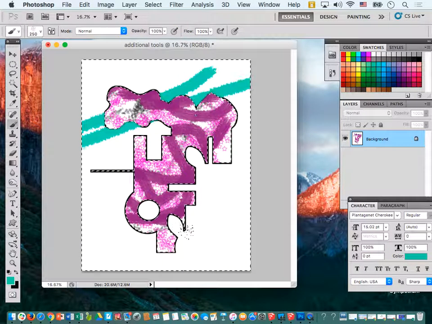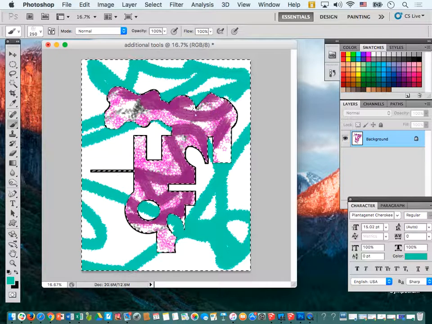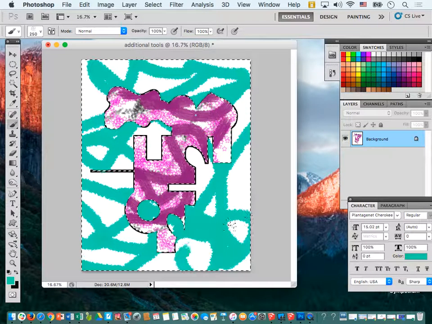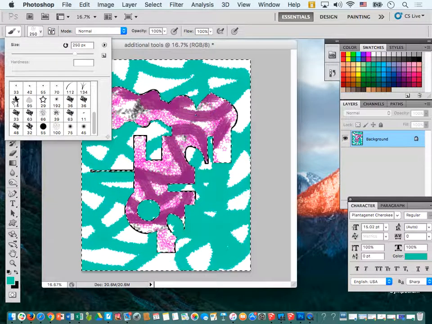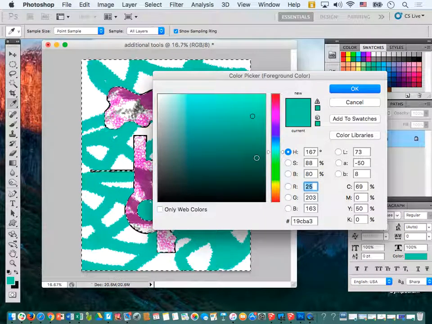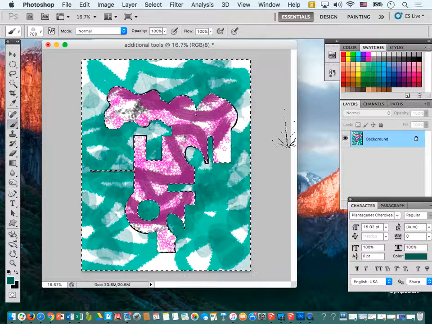And notice that it colors everything on the outside of the selection and nothing on that other part. So the selection tool keeps your areas nice and clean. I can change my tool, change my colors, and use different brushes for that. Now the gradient tool